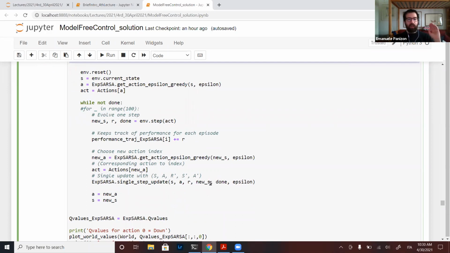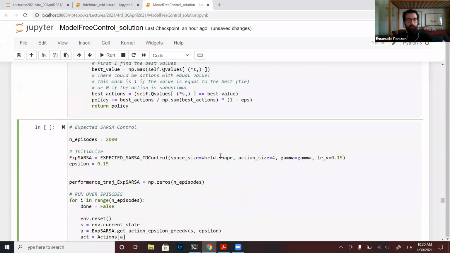Everything is the same as in Q-learning, because I do not even need the A prime, because the single update requires only state, action, reward, new state. What I require more is the epsilon. Why? Because in an update, I need to create my policy. And to create my policy, I need to know what epsilon is. Okay.